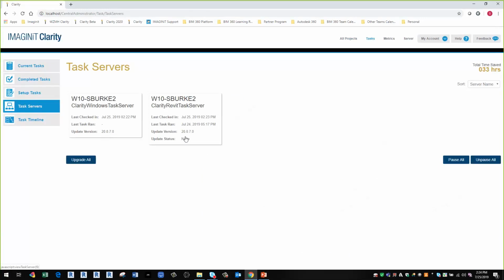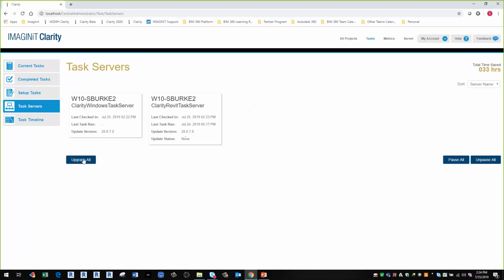So what you could do is first pause all those task servers, so that they're not running any tasks and no one can start any. And then you can hit upgrade all. What's different here is this is now a service running on the task server. Because it's a service that has already been authorized to make updates to the computer, it's not going to stop like it normally would and ask, oh, you're an administrator, but you have to hit an OK button to allow it to make changes to that machine, which would stop that update, and you'd have to physically log on to every task server that you have